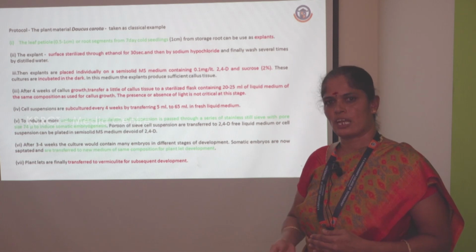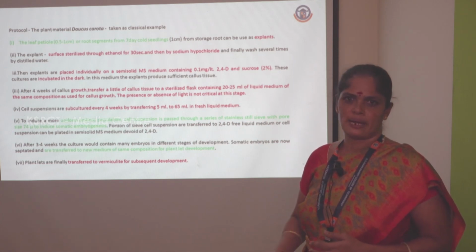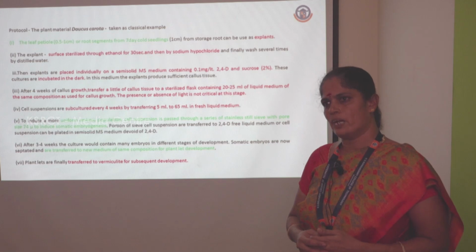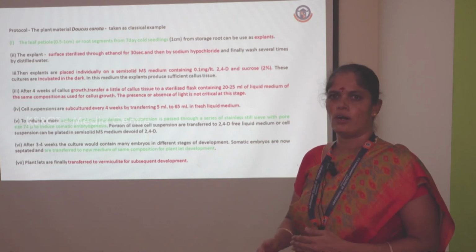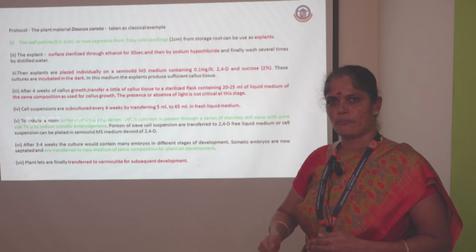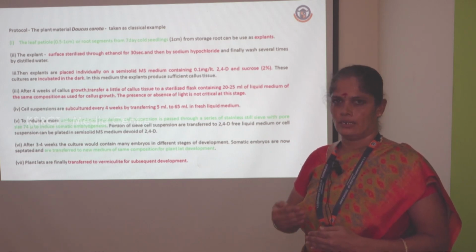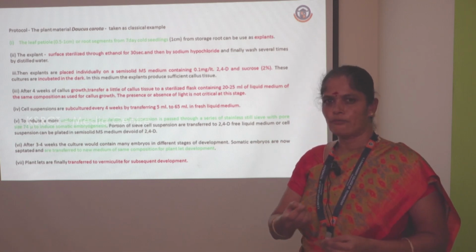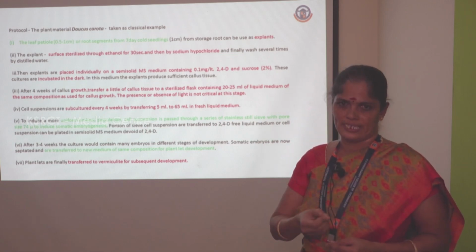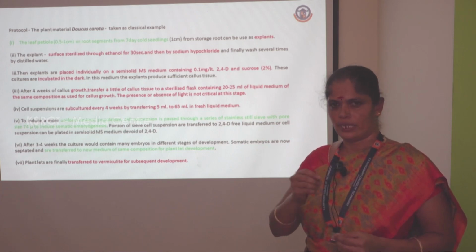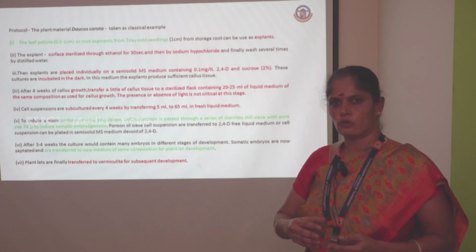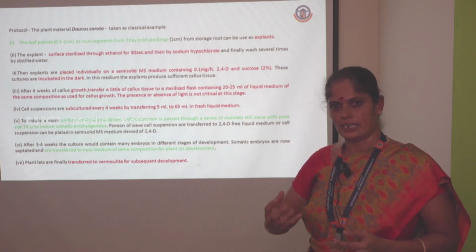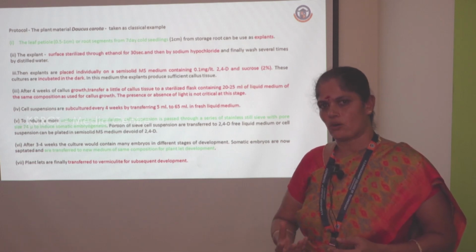Once this process is completed, we have to wash our explant with detergent. Most frequently we use detergents like Tween 20 or Tween 80. Then we go to the next stage, surface sterilization with the help of Bavistin. Naturally, this Bavistin acts as a fungicide. We add a few drops of Bavistin to our explant, add distilled water also, and shake vigorously until our tissues are completely immersed in this